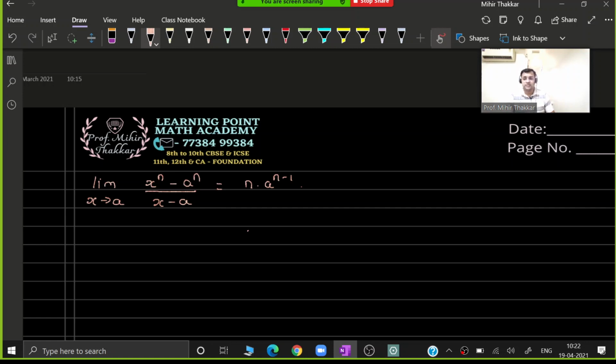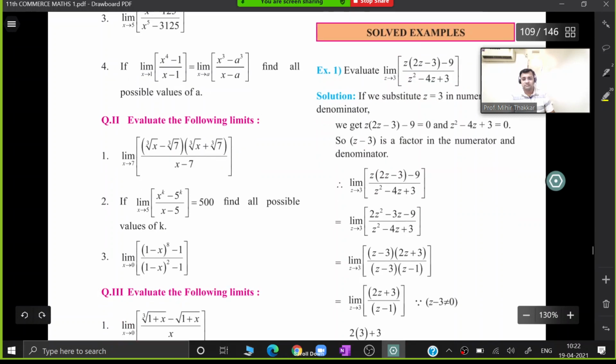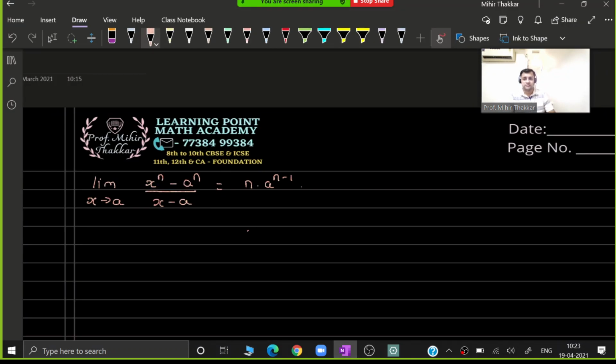So today let us continue with the further examples of this formula, and then we'll go on with the new type of questions. So let us see some basic or simple questions based on this. First of all, you can see the sum number 2 right there in front of you. Question number 2, it's a very simple sum. You have to find the value of k from this particular question. So let us see what we have to do in this.